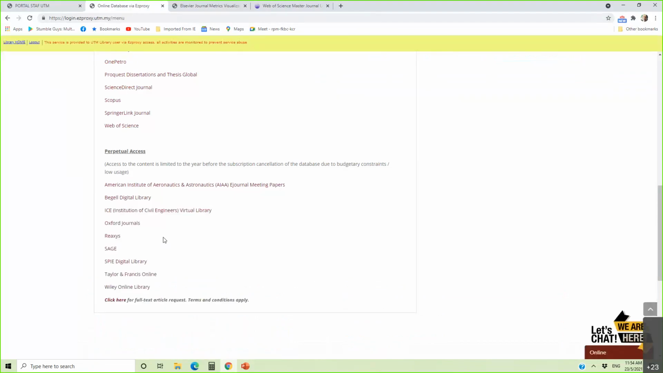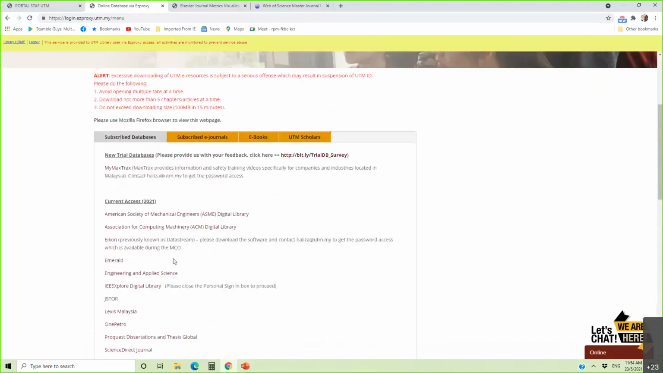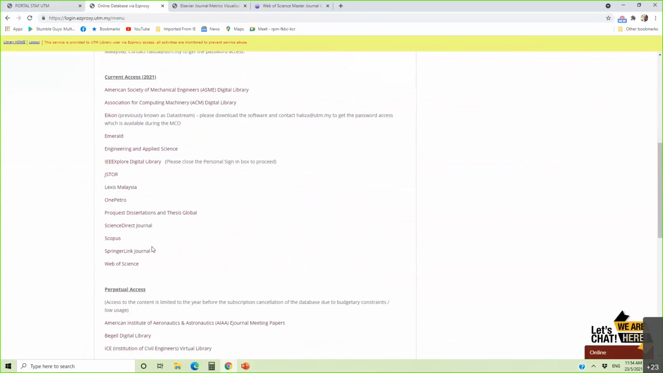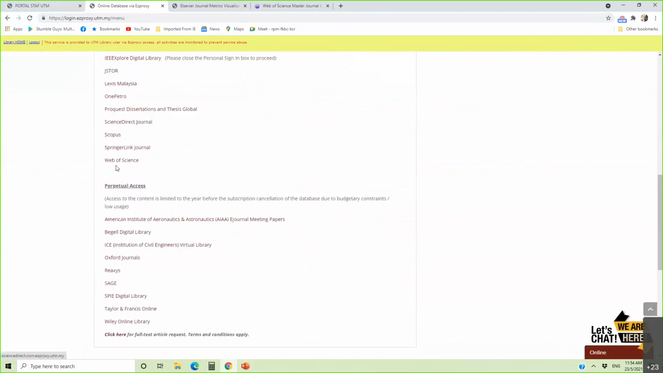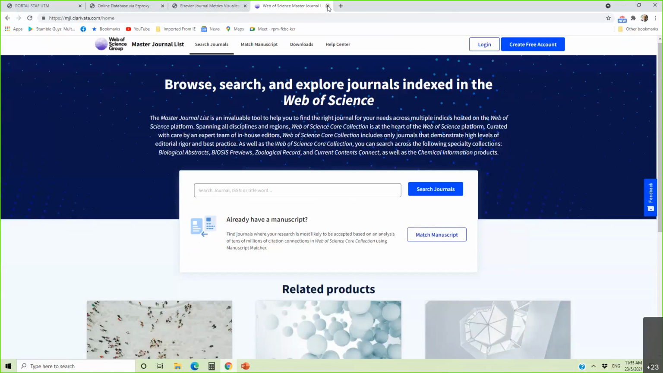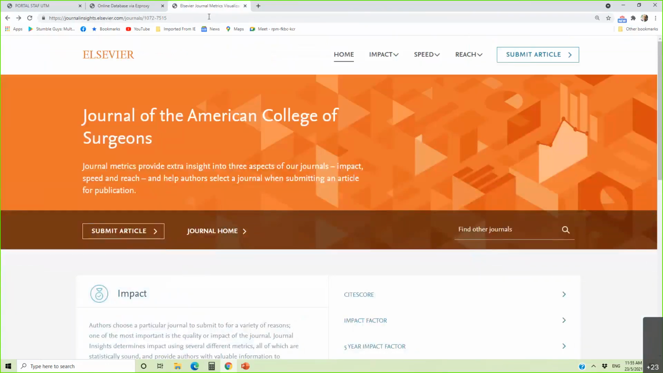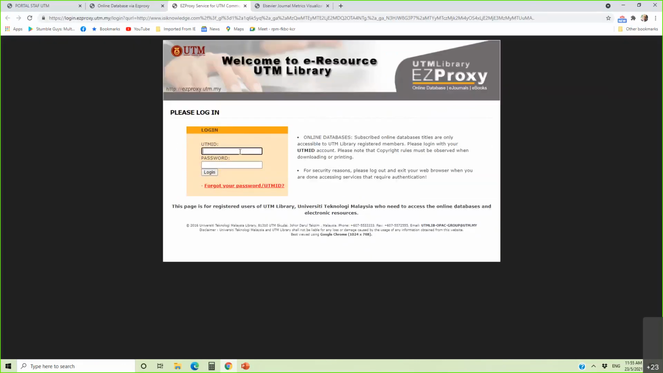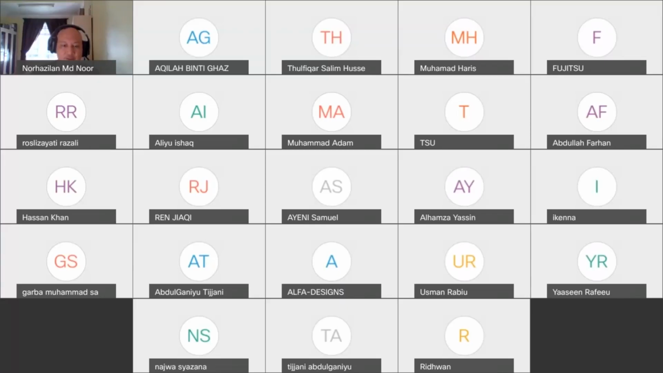Okay, this is our library. There are so many databases here, see? But if you want to go to Web of Science, you click Web of Science, then you get, let me check. Okay, so this is Web of Science. So you have to put your, but you cannot see. First, I have to stop sharing because you cannot see my, let me,